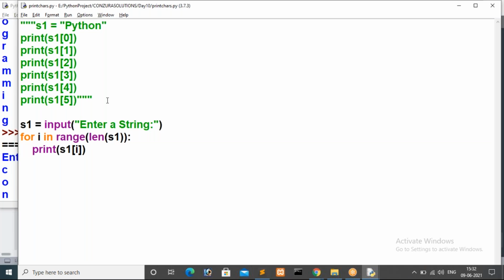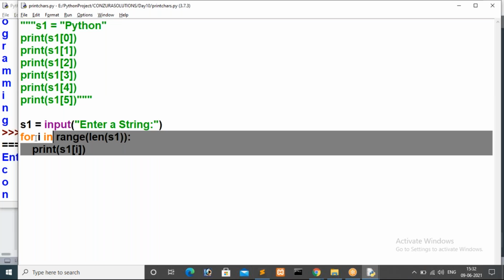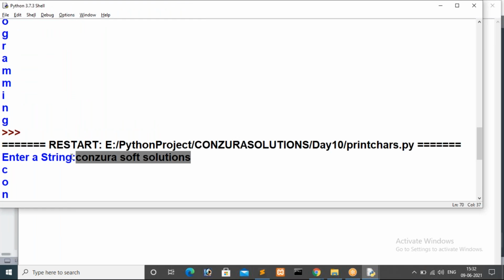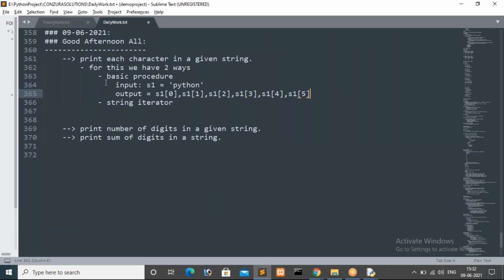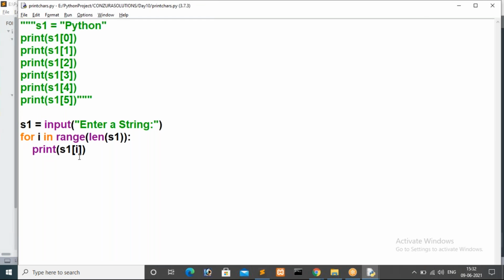Actually, this is the issue we have here. We already know how to read. In case we give a string of length 1000, this procedure is wrong for us. For that case, this statement will accept thousands of characters also. Okay, that is over. Then we will see another procedure. Actually, the basic procedure is over; for this we wrote logic by using length, and we are getting the string by using length.